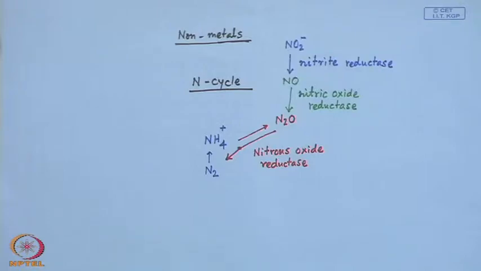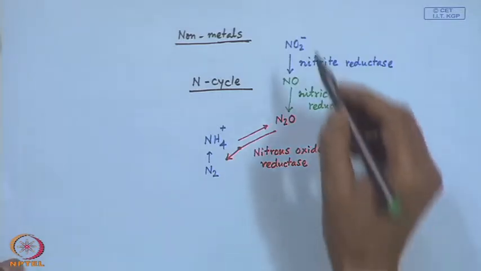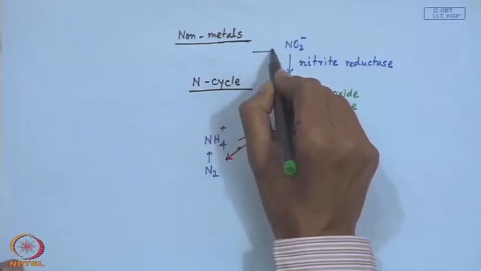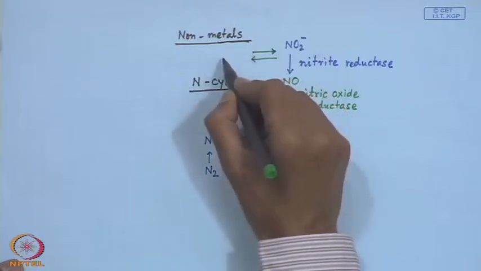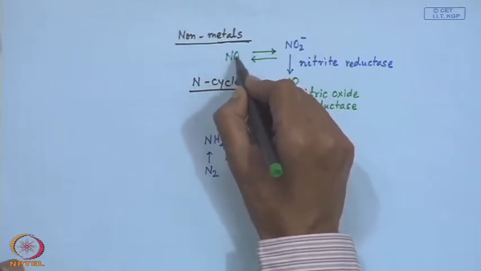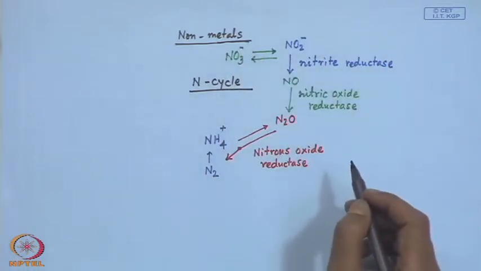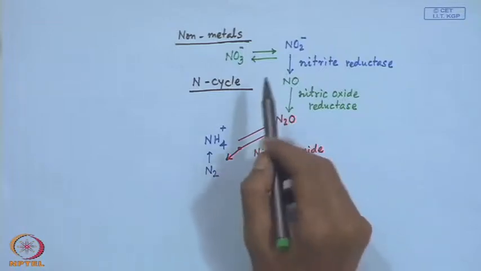So, NO2 minus, NO and N2O, all these basically belong to the part of this nitrogen cycle, and this NO2 minus and the corresponding nitrate ion, they are basically an equilibrium interconverting system,